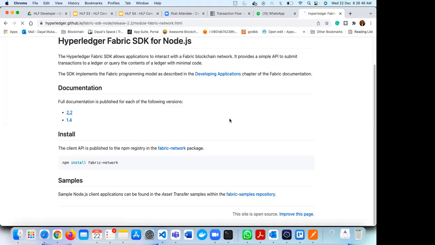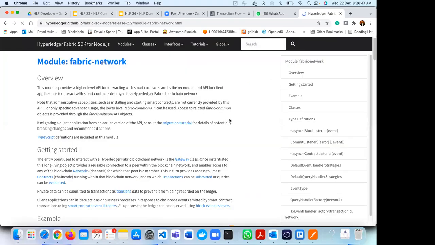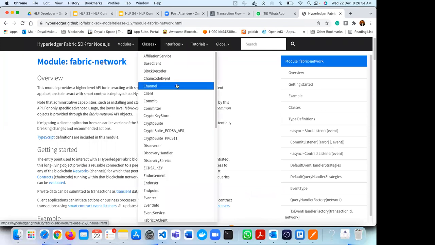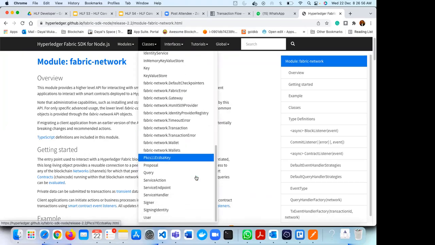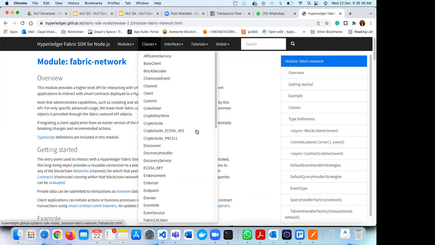Now we have the complete documentation here. This is the documentation for Fabric network. It has only one module, Fabric network. Then we have the classes. These are the classes which are available. We are not going to use all the classes, but a few of them, like